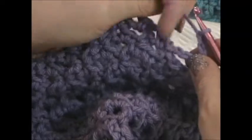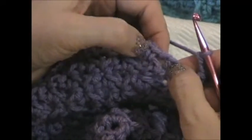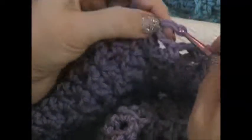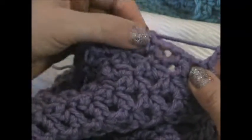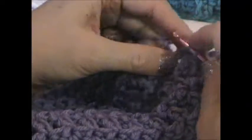Alright, I have reached the end. So now what I'm going to do is I'm not going to join in that like we would normally slip stitch into that space. I'm going to go directly into that next chain 2 space that we did at the very beginning, and I'm going to single crochet, and I'm going to chain 2, and I'm going to skip the next chain 2 space and go into the following chain 2 space, and I'm going to single crochet, chain 2, skip the next space, and go into the next space, single crochet, chain 2, skip, single crochet, chain 2, skip,